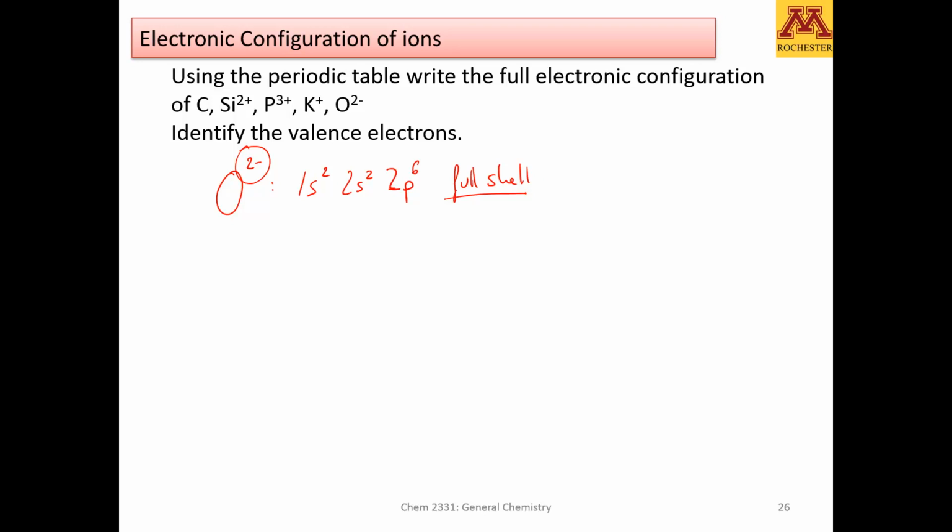The same can be said for potassium. Potassium has 1s2, 2s2, 2p6, then 3s2, 3p6, and now 4s1. However, if it's K+, this is 0, and again you have a full shell. You can do the same for the other elements,